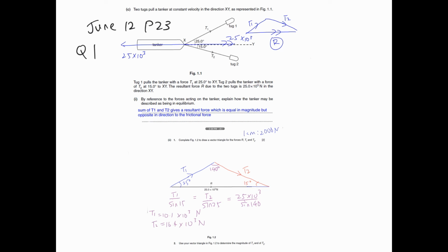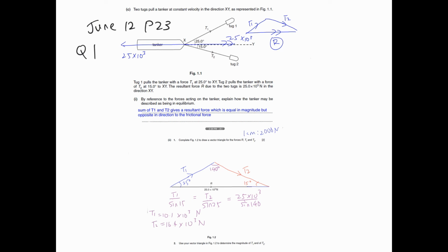Now you may draw to scale, for example, or you may sketch it out. If you're drawing to scale, let's say I set 1 centimeter to 2000 newtons, so 25,000 newtons divided by 2000 newtons will give me 12.5 centimeters. So I'll just extend this line until I get 12.5 centimeters, and then I will start drawing my components. I know this is the start and this is the end of my resultant, so T1 must start from here. So you measure 25 degrees with a protractor and draw T1 as long as you need to,